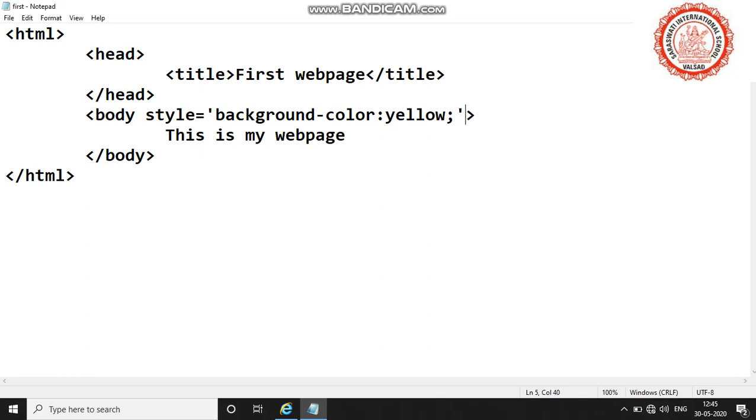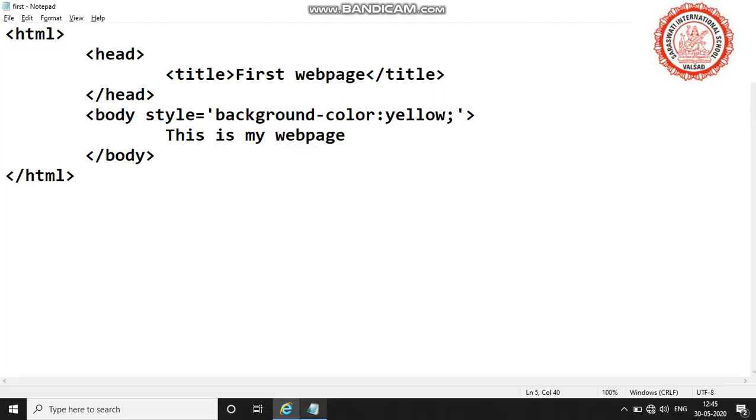You can save your file and go to the web page. It is not compulsory to run the file again and again. You can refresh your file via F5 or from here. See, you can see the background color. Now next is text color. How can you apply text color?